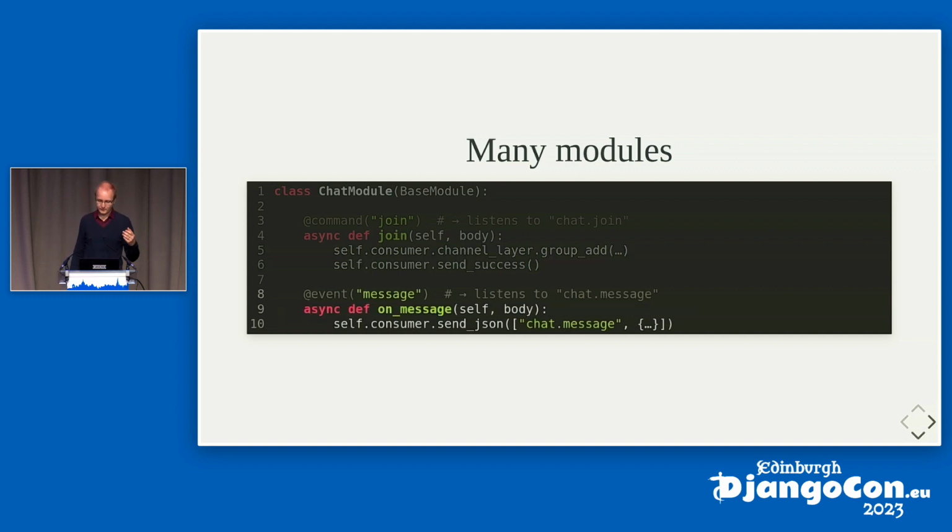And we've also defined an event decorator that is called whenever we receive an event from a channels group, and then calls this function. Often, this function is very simple and just passes on the event from the group to the client connection. Sometimes we need to check if the user has enough permissions to get that message, sometimes we have to reformat the message in some way, but often it's that simple. So that's a quick overview of how we structure our code with Channels.